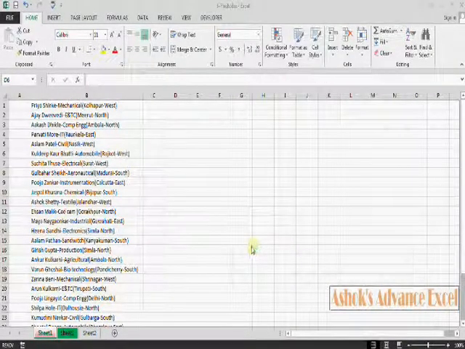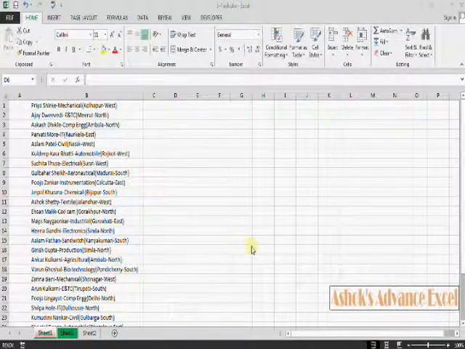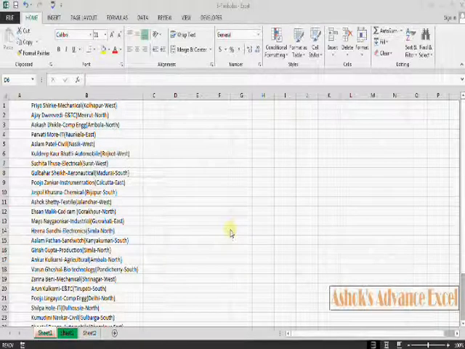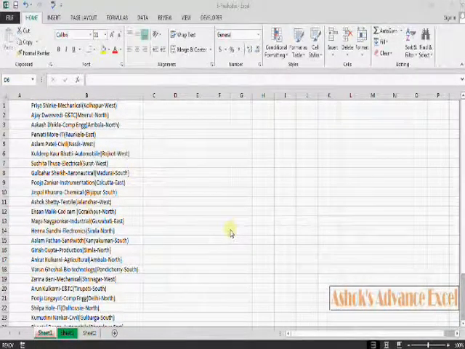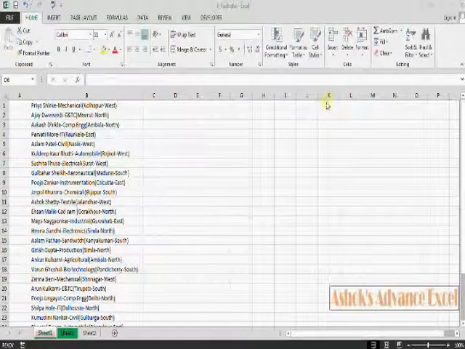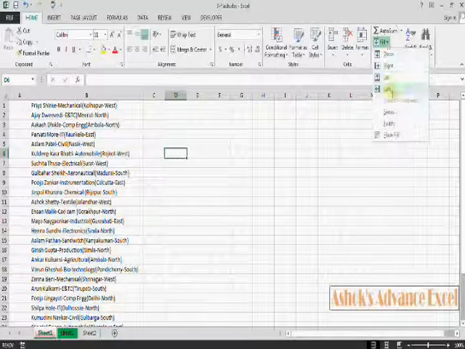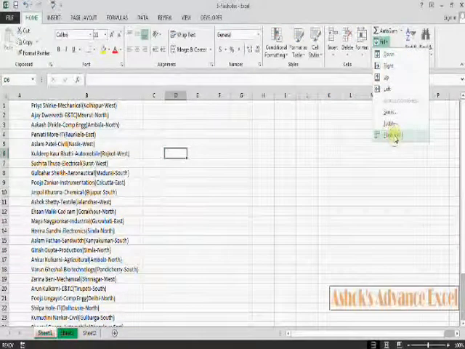Now one more interesting feature is here in Office 2013. Let us see what that is. That is flash fill. It is here in fill, in the drop down, at last flash fill is there.